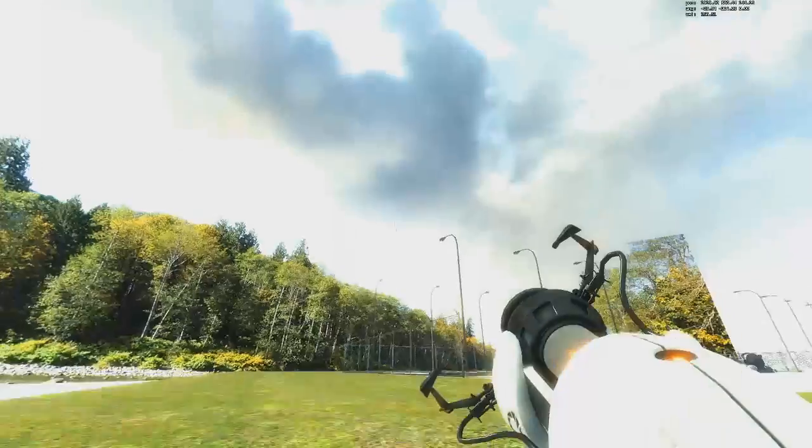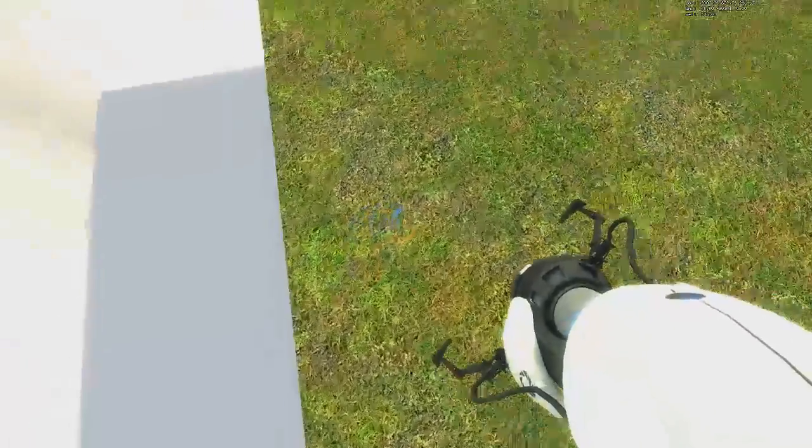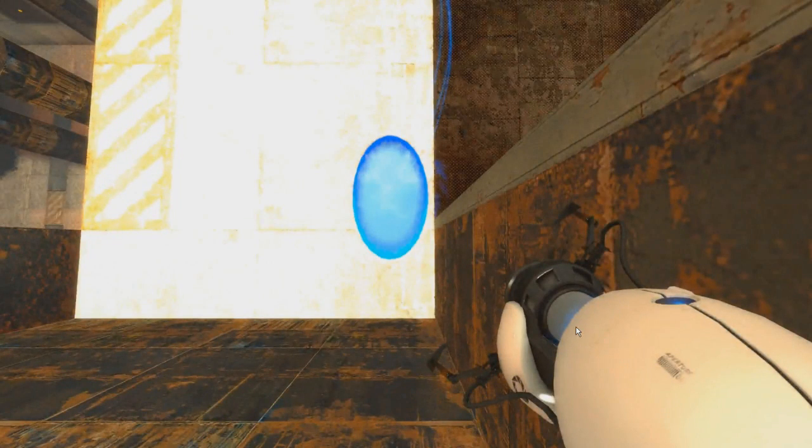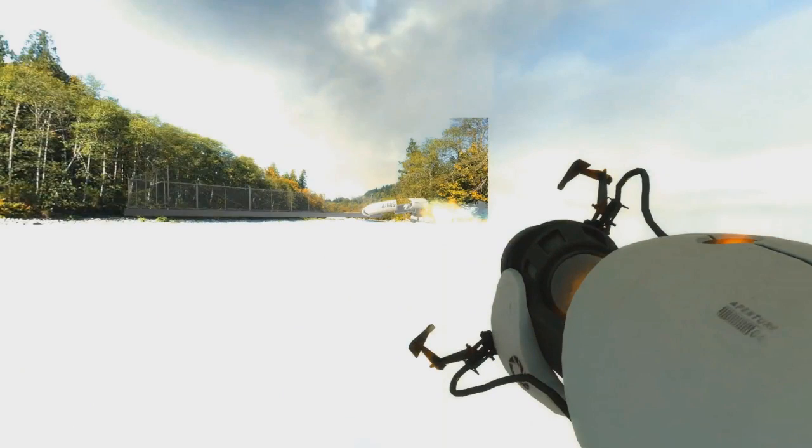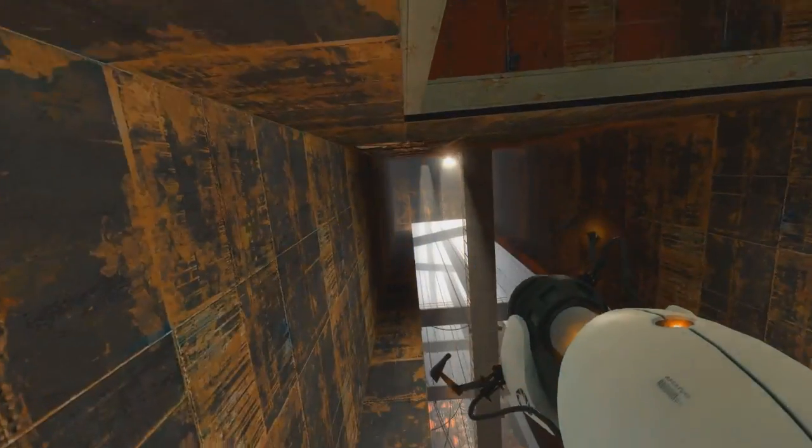And then there's a weird thing here where there's portable surface below the grass. So then I pop out of the blue, and then I shoot the blue in another spot. I actually shoot the left edge there. And then here I peek the